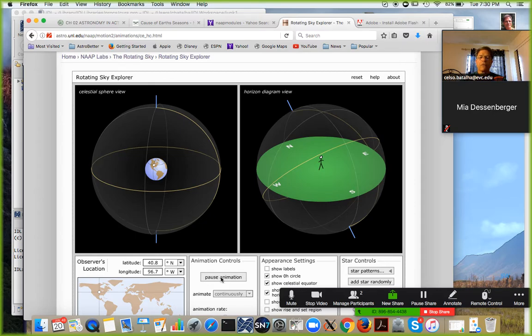So here is the real situation as it goes in the sky. So the celestial sphere, if you bring stars on it,